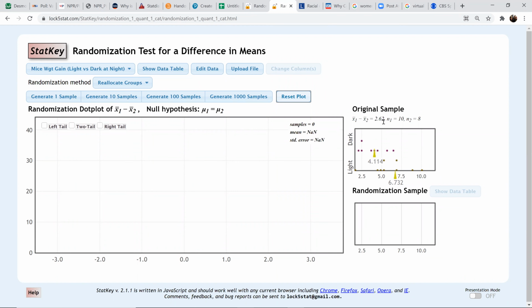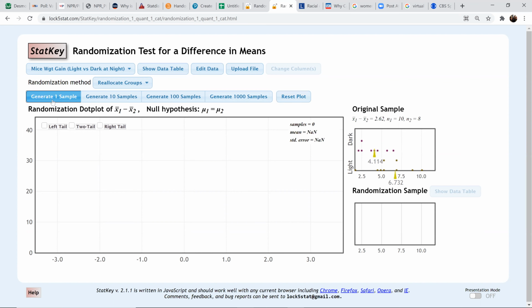Is that a meaningful difference to the point that you're like, oh, yeah, definitely being in the light causes more stress, causes you to gain more weight? Or is it kind of like, eh? Well, here's how we're going to find out. We're going to generate random samples from this data. I'm going to treat this whole data set, I'm going to put in the light and the dark together and just sample from it and randomly assign them to light and dark down below.